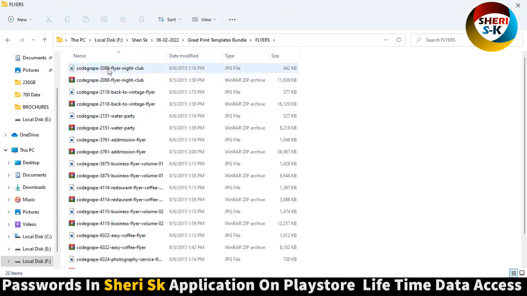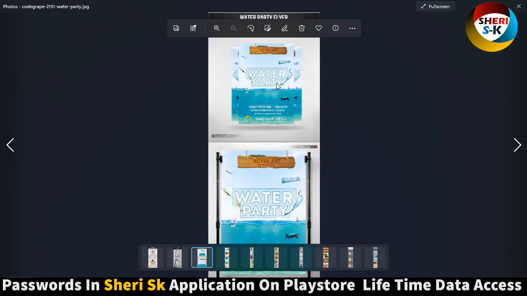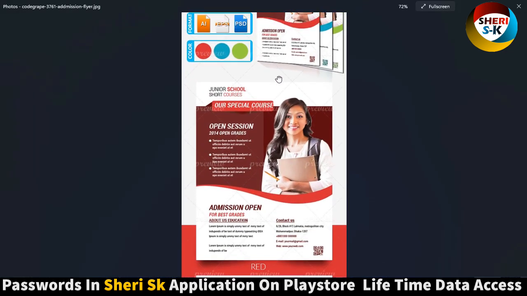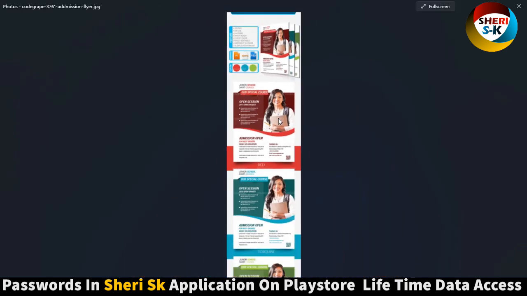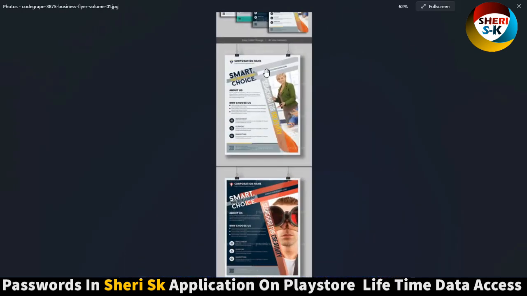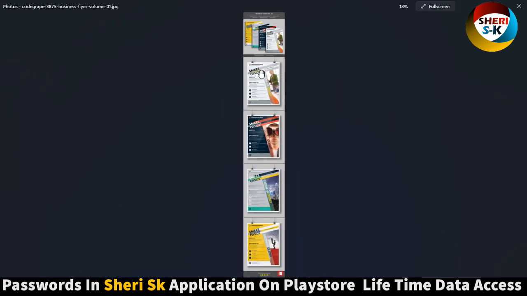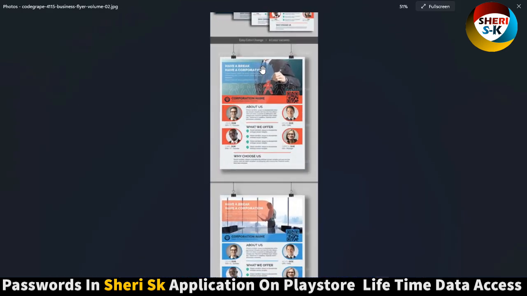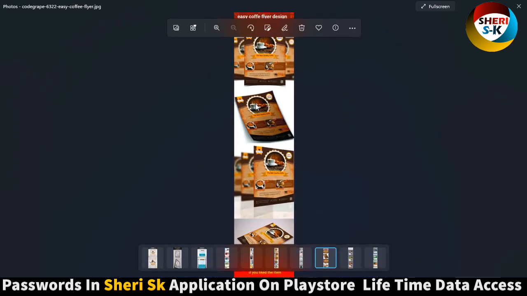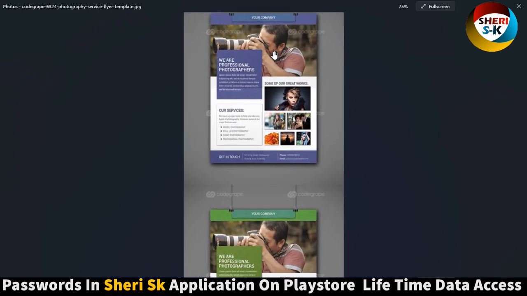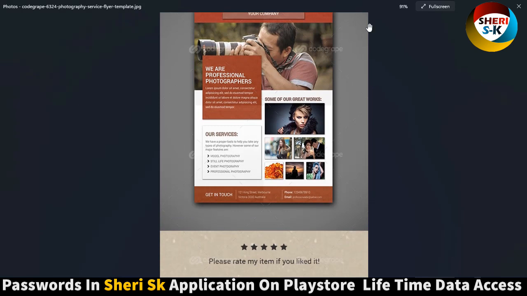Next is flyer. Total 10 flyers here. Nightclub, water party, a special course. Whoa. Okay, smart choice. Here are 4 different colors. Heavy brick, best quality coffee, photographer. We are professional photographers. Wow. Now